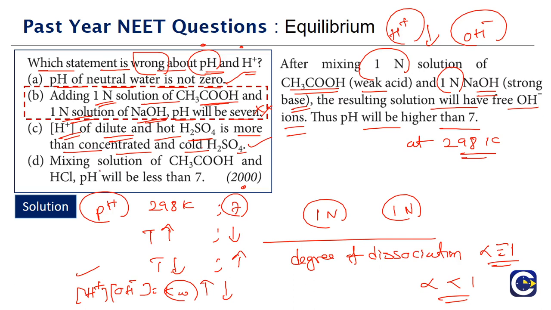Then option D is saying that on mixing solutions of CH3COOH and HCl, the pH will be less than 7. See, CH3COOH is an acid, of course a weak acid. HCl is an acid, a strong acid. So when you mix them, effectively we'll be having more H+ ions because of the dissociation of the acids. If the concentration of H+ ions is more than the neutral state, then pH is going to be less than 7. That is the acidic solution. At room temperature conditions, the pH value of acidic solutions will be less than 7. So that is also correct. So among the given statements, the wrong one is option B.